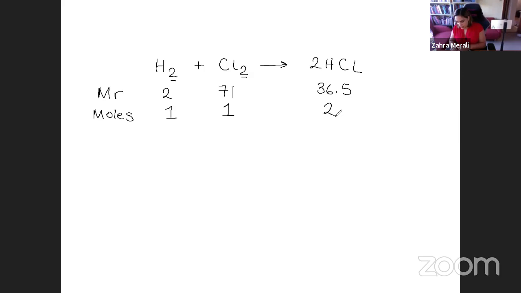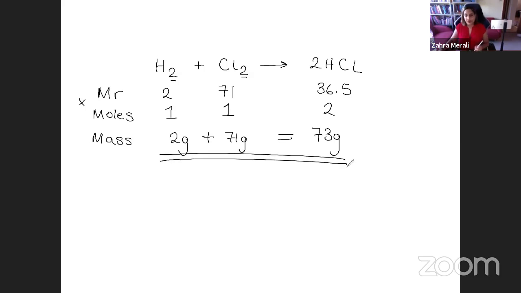Now, if you remember, your mass is your MR times your moles. So we're going to multiply this, and we're going to get our mass. So 2 times 1 gives us 2 grams. 71 times 1 gives us 71 grams. 36.5 times 2 gives us 73 grams. And you can see that when we add them up, it's the same. So that's your masses having been conserved. And that's another way to check your work. If you had time, you could work out the masses and check that they were the same